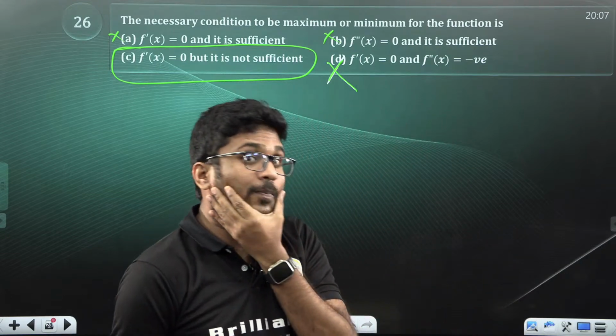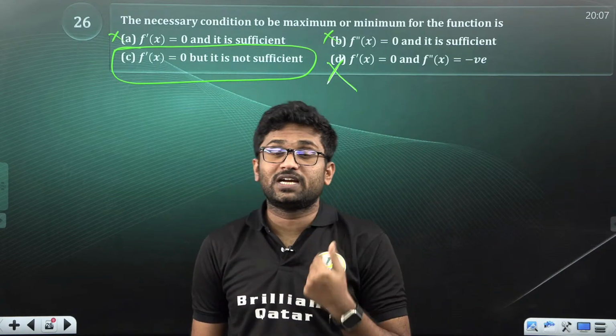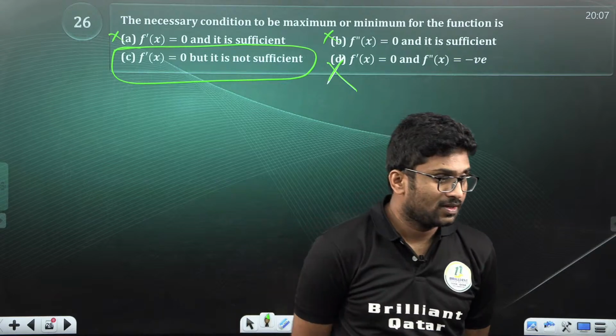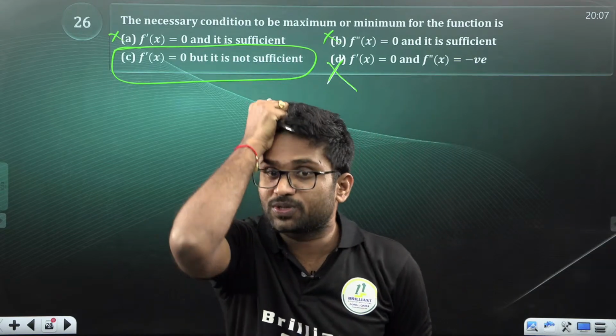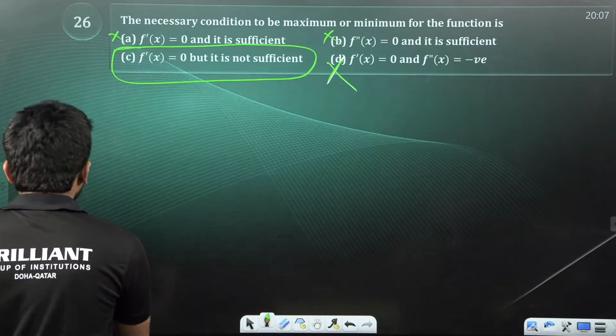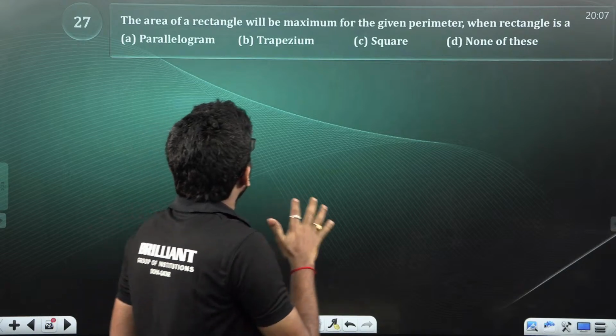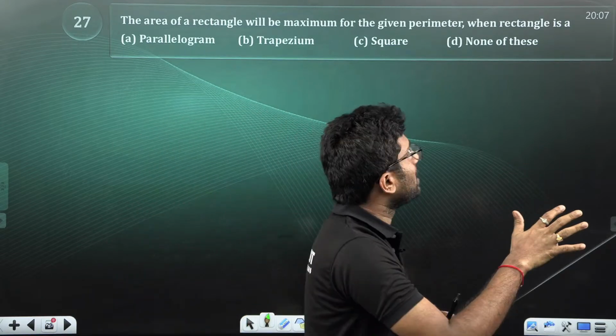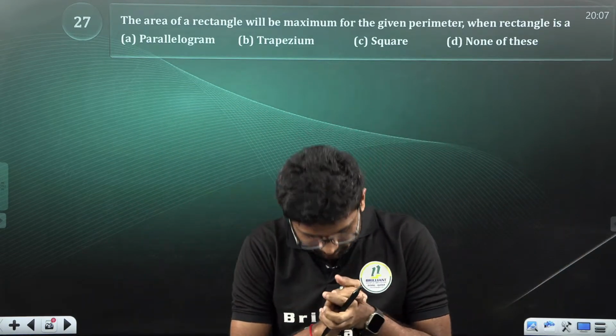Different points we have discussed: the stationary points, critical points, and the difference between them. Okay guys, here option C is going to be the correct answer. Next, question 27. The area of a rectangle will be maximum for the given perimeter when the rectangle is